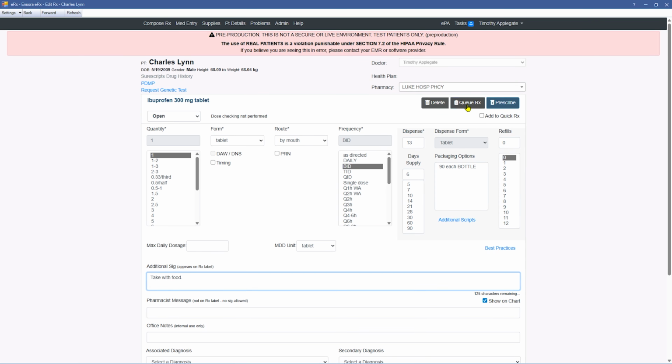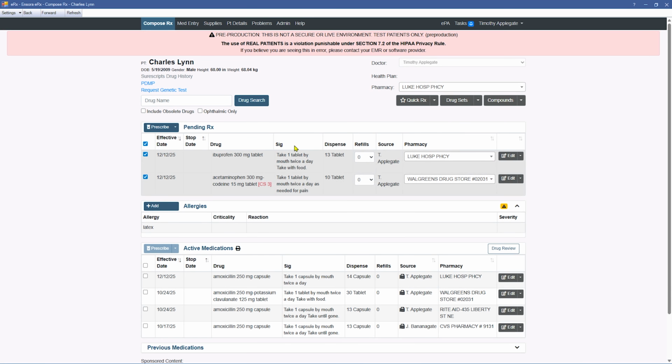I'm going to click on Queue Prescription so we can see that it does send it to our pending RX queue. These are prescriptions that are waiting to be sent to pharmacies. They have not been transmitted yet and will be pending until they are sent. Any user can log into Open Dental and come into the electronic prescription window for Ensora, deselect any prescriptions that